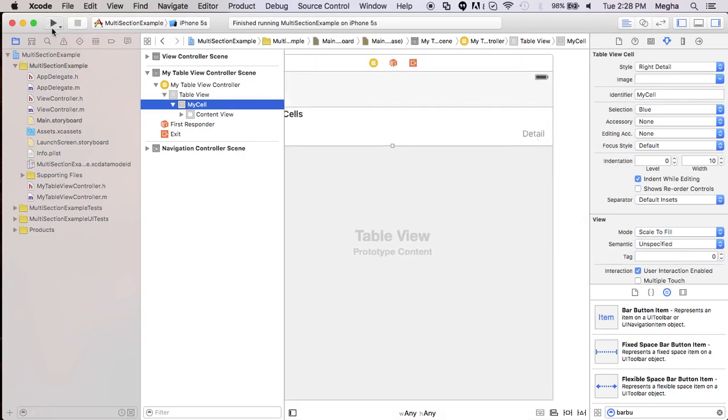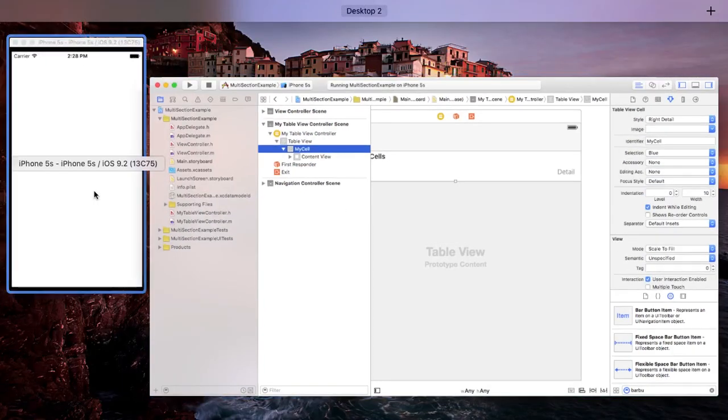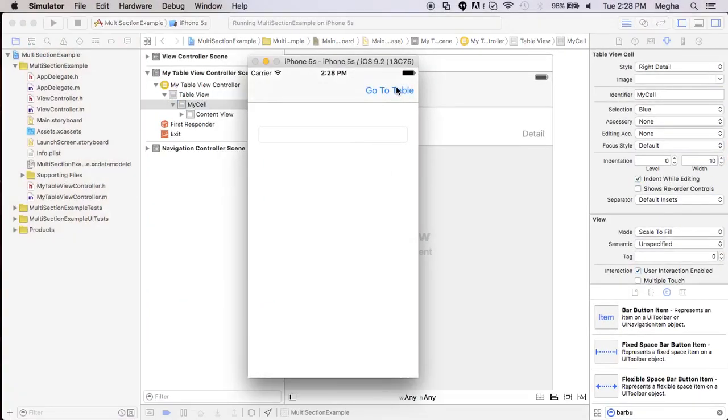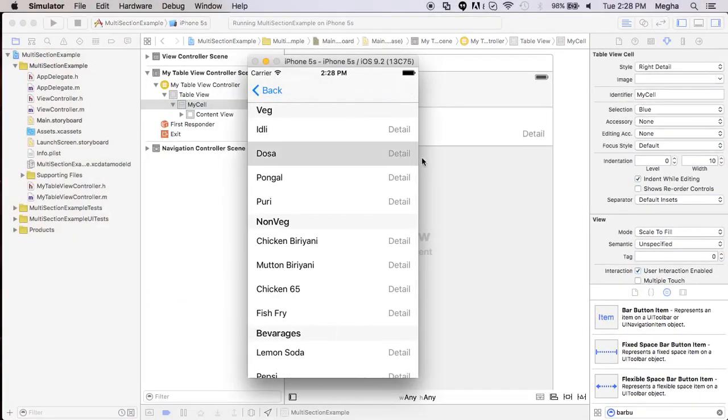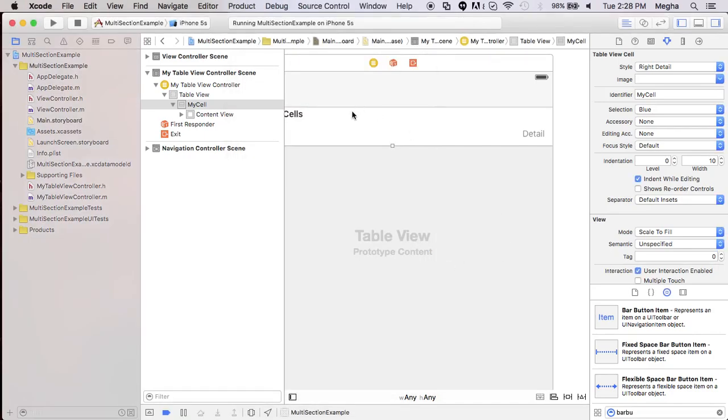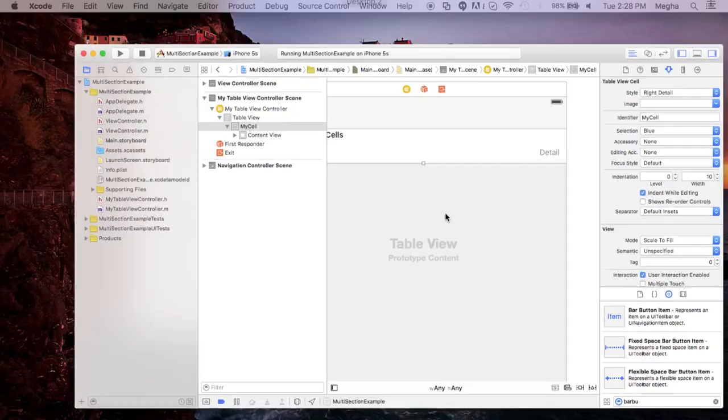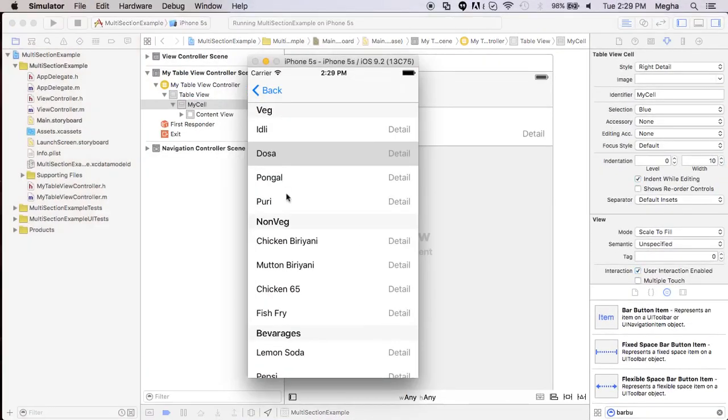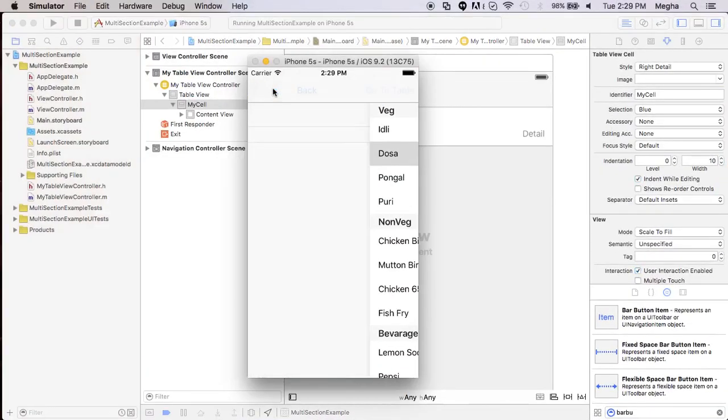A lot of customization, you can go ahead and do it. I want you to play around with this section quite often. You can add various other options. You can put a small icon or arrow over there and take the user to the next screen. Of course, you have all the freedom to customize this cell with images and various other additions. So this is the multi-section table view,